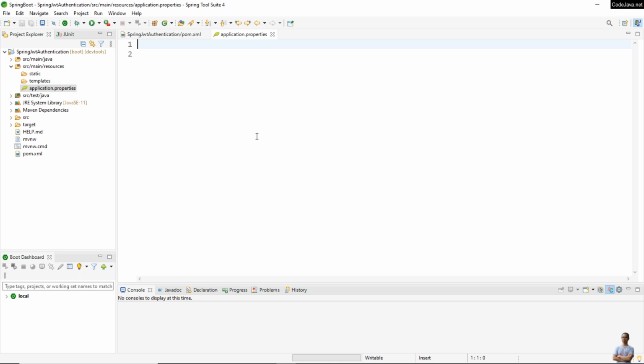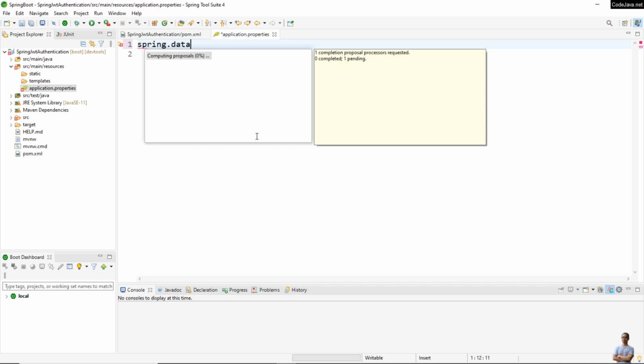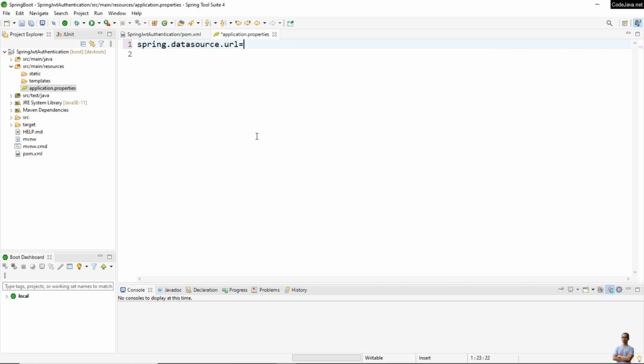The first property is the JDBC URL, spring.datasource.url, which is jdbc:mysql://localhost:3306/ and then the database schema name